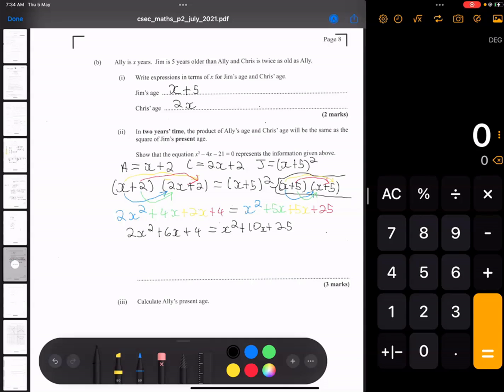All right. So then, because we want it to look like the equation that we have above, this equation here, we're going to ensure that one side of the equal sign, which is the right side, is equal to 0. So we're going to remove everything that is on the right side, x squared plus 10x plus 25, onto the left side. So then we have 2x squared plus 6x